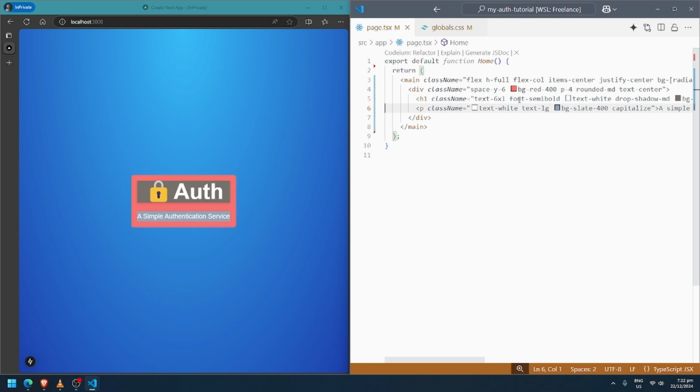There you go, but I think it's a little bit weird because the size of the lock is not aligned with the text.